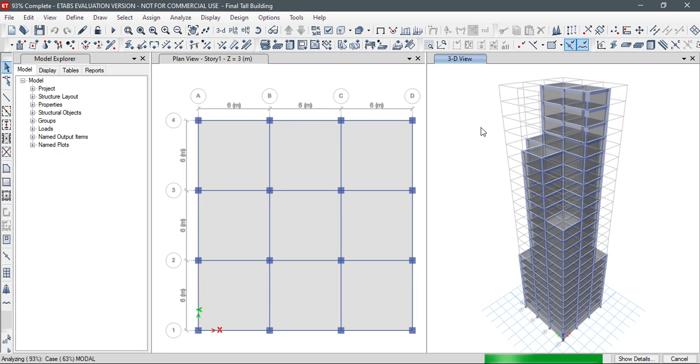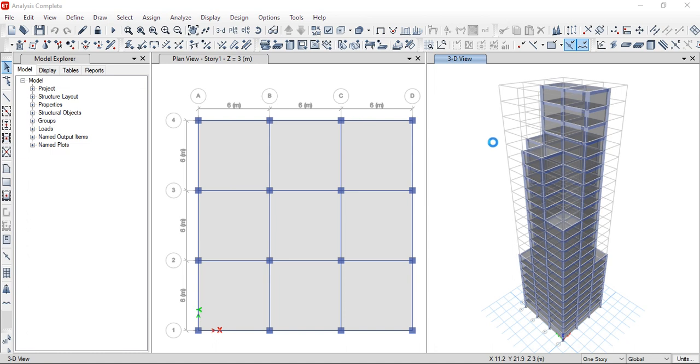The analysis is going on. Once it finishes, we will move to the design check section, the check option.